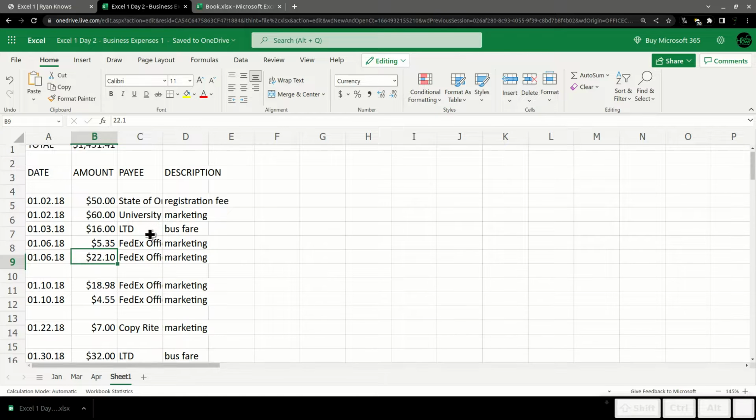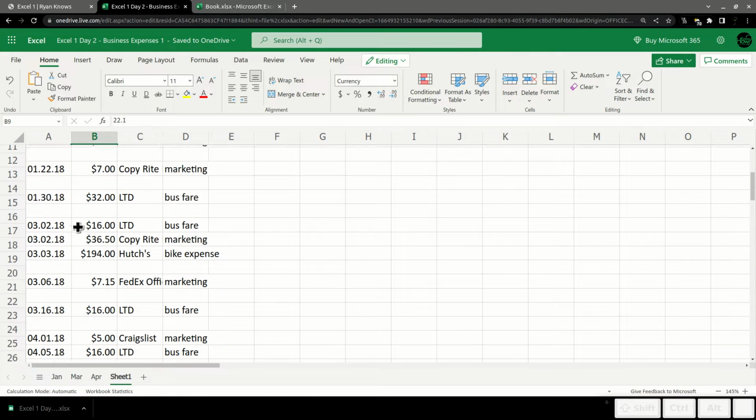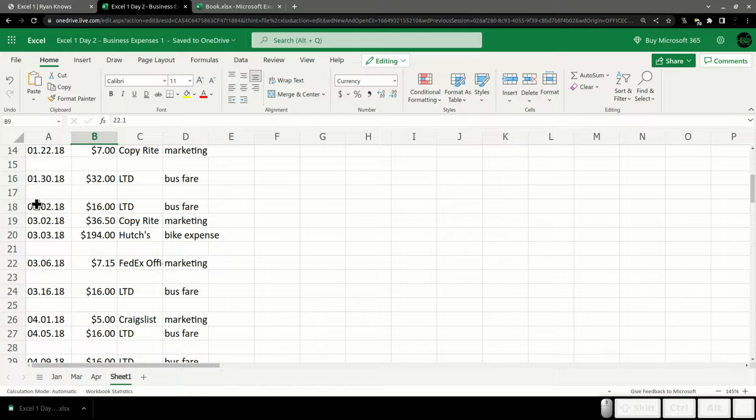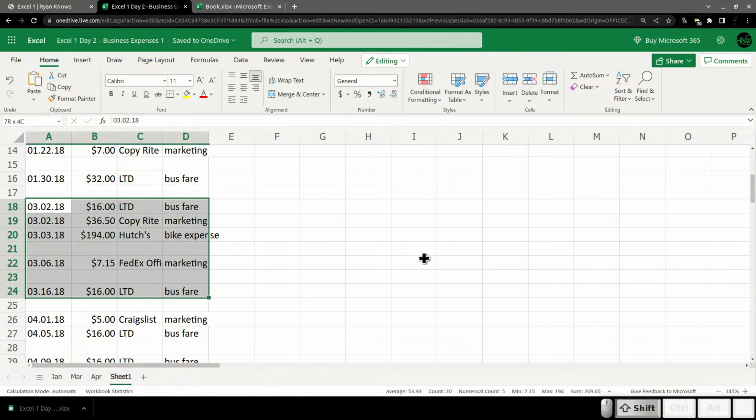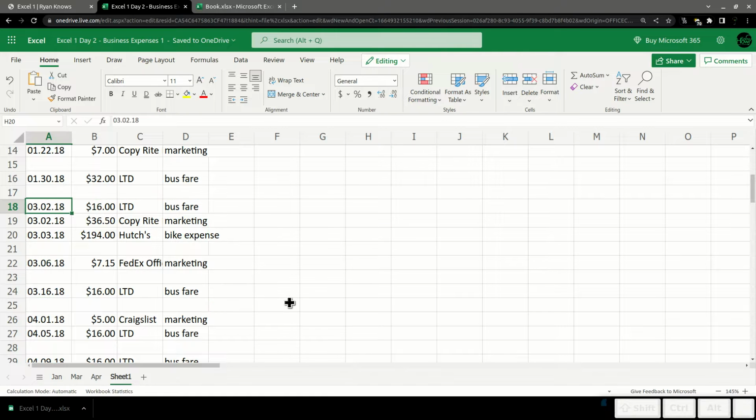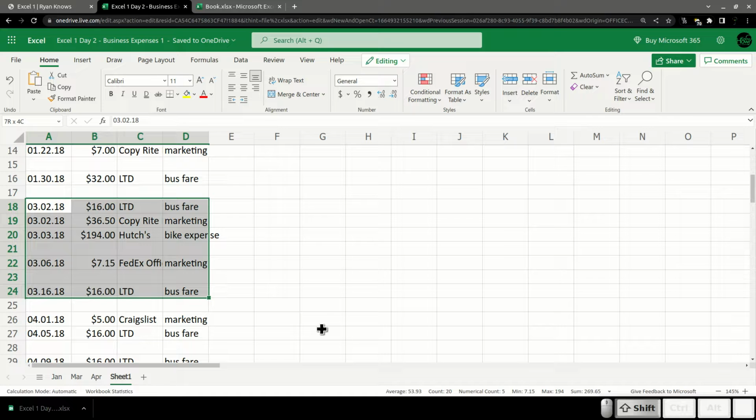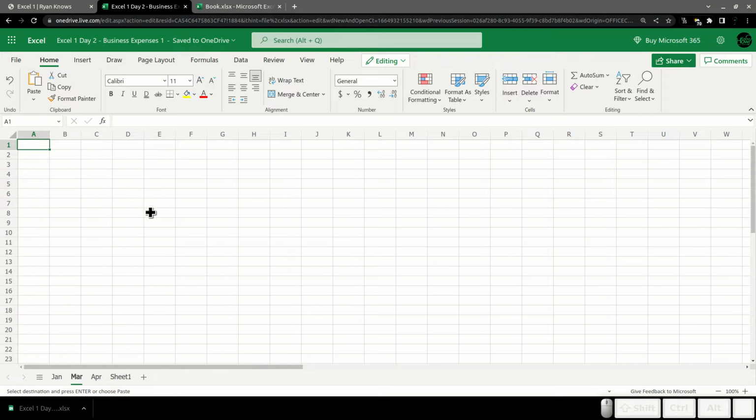But what I am going to go in and do is I'm going to go to my full year-long one, and I'm going to select all of my March expenses here. Not too many. I highlighted them, so, just to sort of talk about what I did here, click there, hold down Shift, arrow over to the right to select all the columns, arrow down to the last row. Now they're all highlighted. Hold down Control, hit C to copy them, pop over to my March tab, and